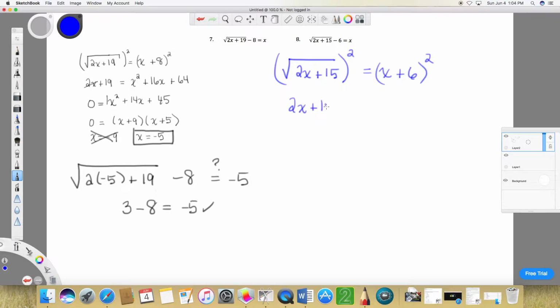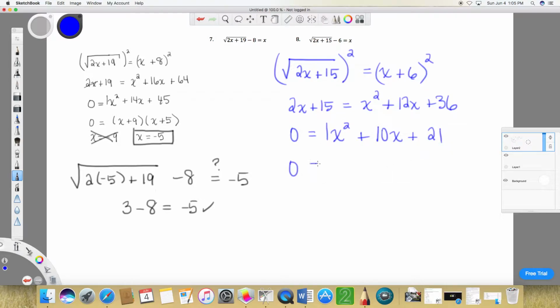So the radical goes away. When you multiply by itself, remember that exponents don't distribute. This is x plus 6 times the quantity x plus 6: x squared plus 12x plus 36. And let's get this in standard form. So if we subtract 2x from each side, and if we subtract 15 from each side,